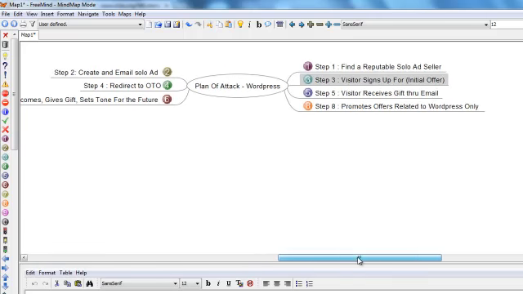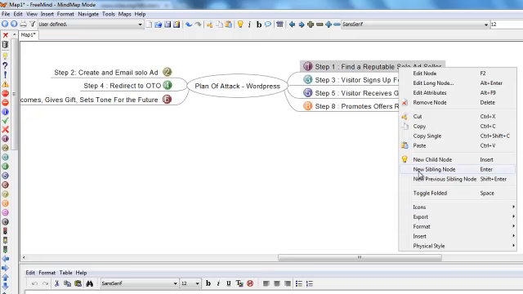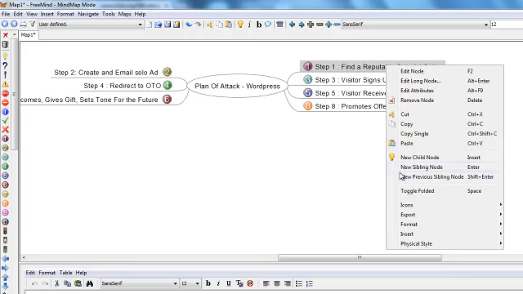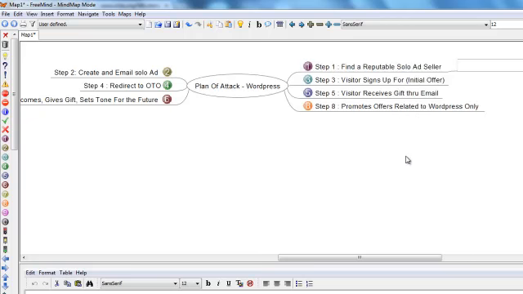Now what we can do is start adding to the mind map. So for example, when you say find a reputable solo ad seller, you could do a child node, or you could do a sibling node. But in this case, I'm going to do a child node. And what I recommend is that when you find a good reputable solo ad seller, make sure that you put the website,